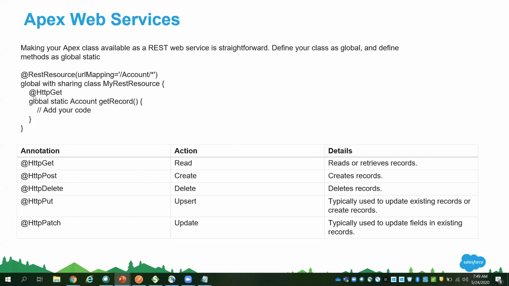If you want to get some data, you will use this HttpGet, and you can write your own custom logic here. Let us say you want to get the data and insert it into some object. You can write your own logic right here. Similarly, for POST you will use this HttpPost, and you can create the record from your Apex code itself. So these are the different things that I want you to take away from the screen. When you use Apex Web Services, you want to use all these different annotations.